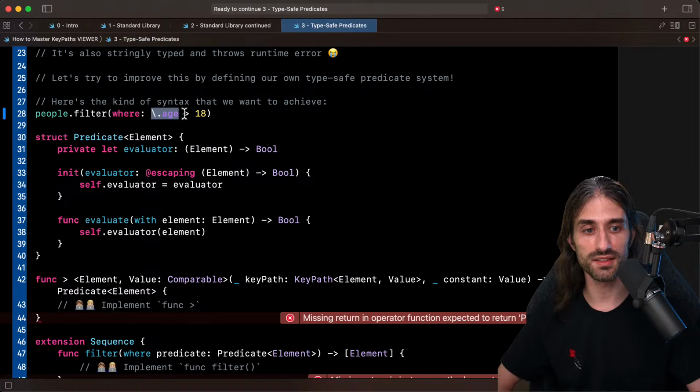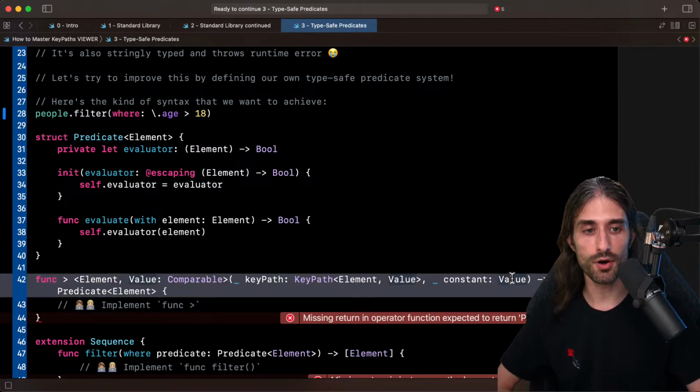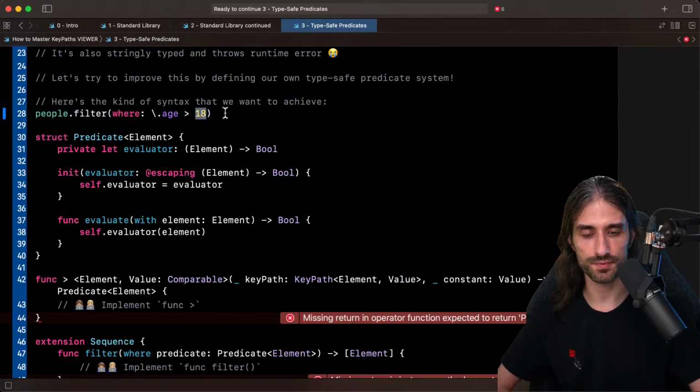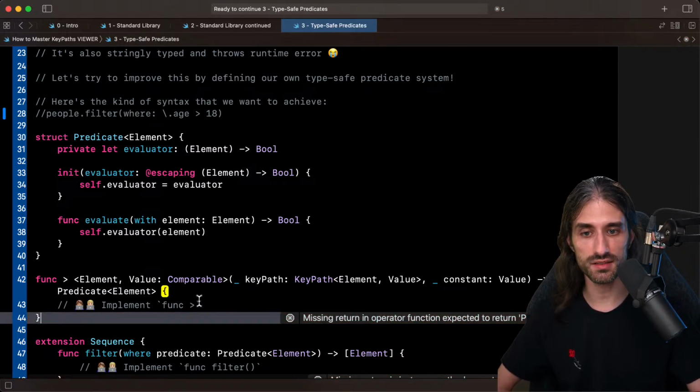That's what I have here on the left-hand side. And on the right-hand side, it will take a constant. And as you can expect, I will want the type of the constant to be the same type as the value that I can get by using the key path. And so let's implement this.